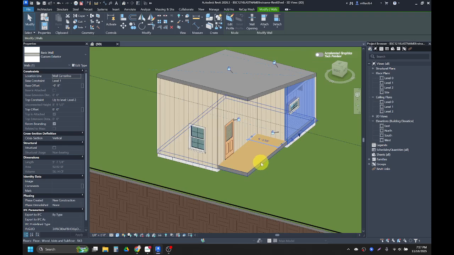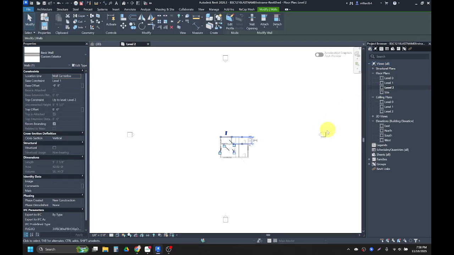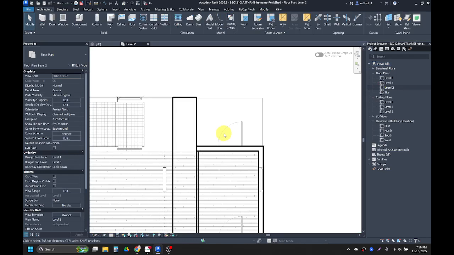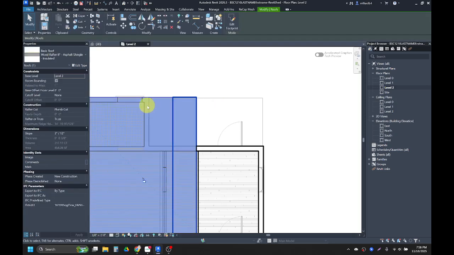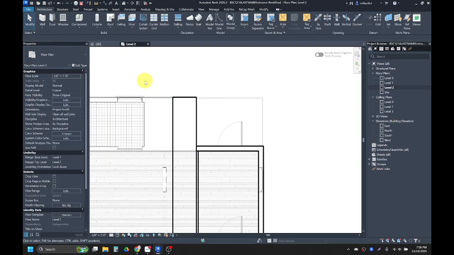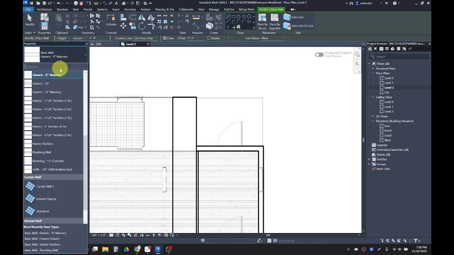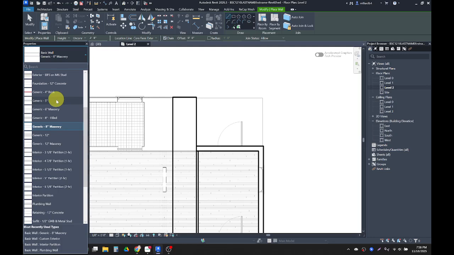What I'm going to do is double click on my level 2 floor plan, and it looks really weird because we're on level 2 here. But I'm going to create walls that just come out. So this here kind of has that wall covered a bit by our floor. So I'm going to start the wall tool, which is keyboard shortcut WA, or that wall button there in the architecture tab. And for my wall type, I'm going to use the